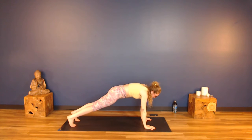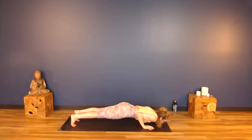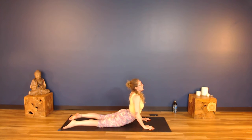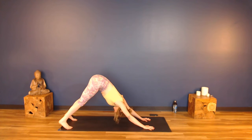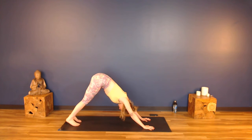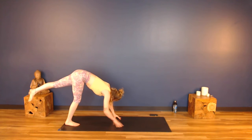You have an optional vinyasa here, or just send it back to down dog. If you're taking your vinyasa, you'll lower through that push-up. Inhale through that back bend and exhale back to down dog. Step the feet a little closer together. Once you're settled in down dog, it's an inhale to walk the hands back as you lift the left leg